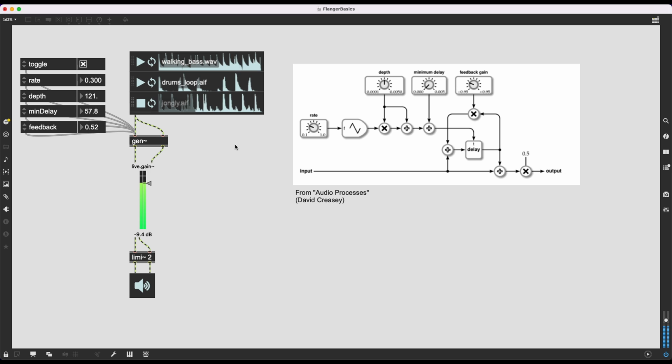In this video, I'm going to show you how to create the flanger effect using Max MSP and Gen. Flanger is an audio effect with a very characteristic whooshy, swooshy, jet-like sound. And even though this effect makes use of very simple components like delay and a few parameters, it is possible to generate a lot of variety from this simple algorithm thanks to its parameters like rate, depth, minimum delay, and